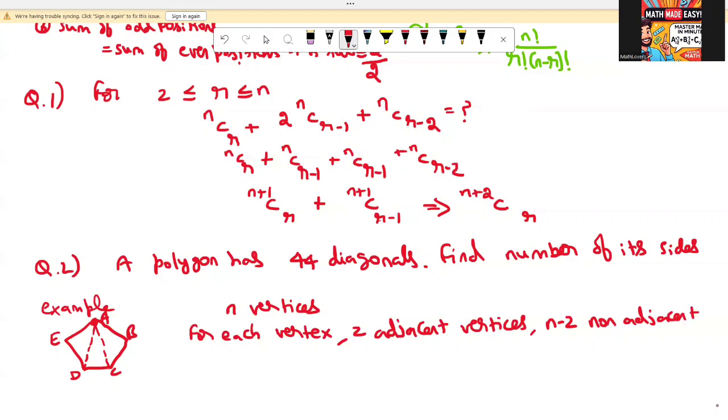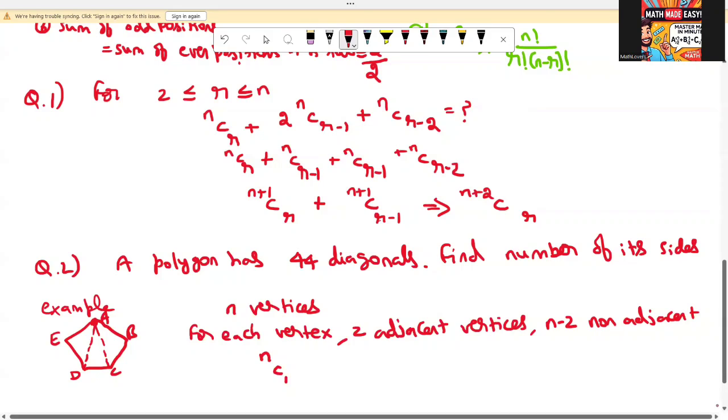Okay. So you have to be very cautious about this. Now, if I choose a vertex A, I have to choose the remaining. So the number of ways for me to choose that single vertex is going to be n options for choosing that. Okay. And for each of that, so it's like NC1. You are choosing one vertex at a moment